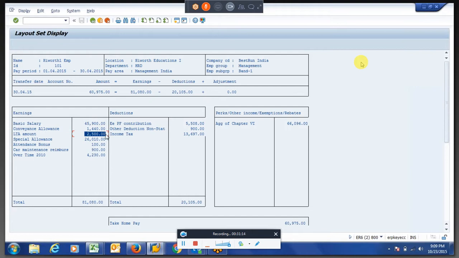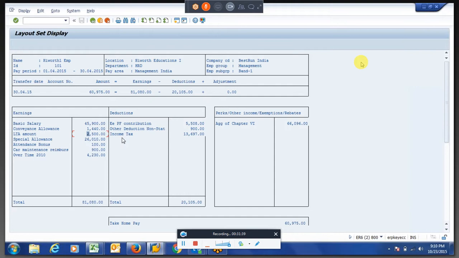I don't think it was reduced because we didn't maintain the LTA as 1. Processing class 10 with specification 1, we have to maintain. Sorry, not with specification 1, that is why you are not...